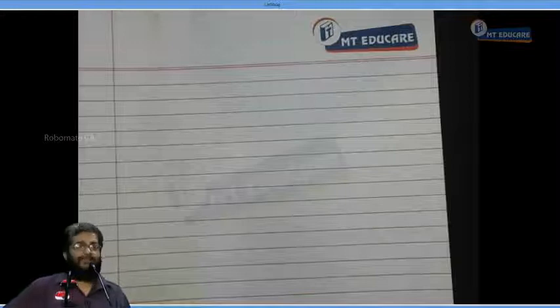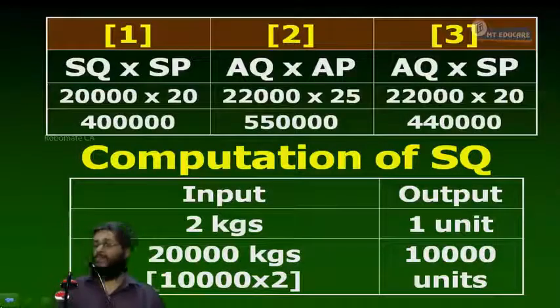Now tell me the main variance, cost variance. What is the formula? 1 minus 2. It branches into what? What are the 2 branches? Price variance and usage variance. What is price variance? 3 minus 2. Usage is 1 minus 3. It has been elaborated and discussed using a small sum, question number 1. Everybody understanding it or not? Yes, can I go to the next stage? Now, let's go to the next stage.